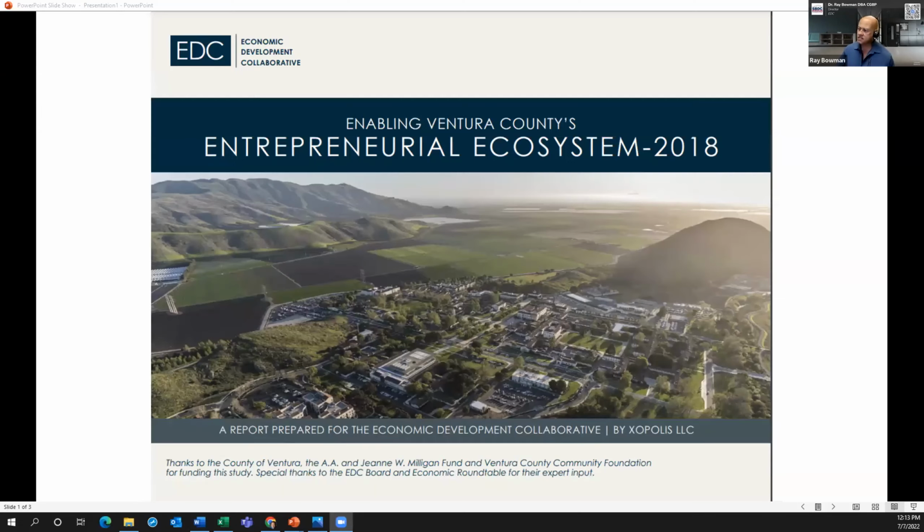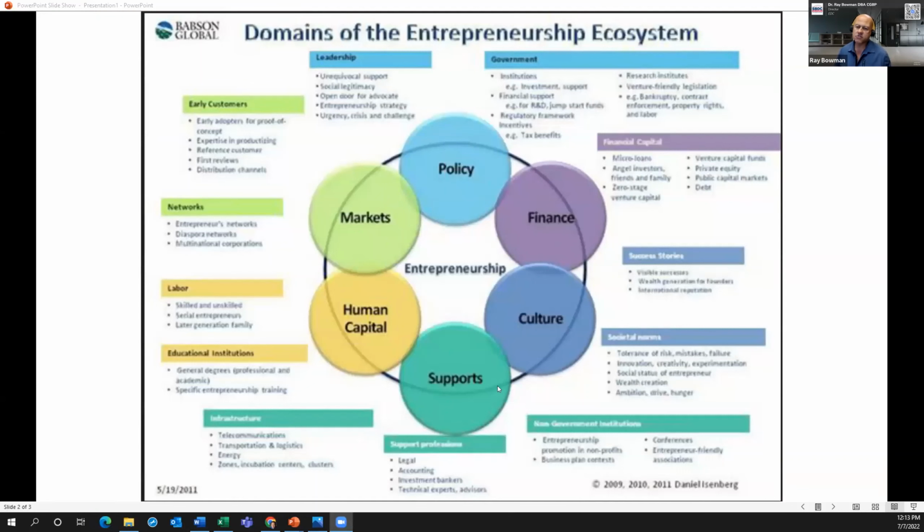So the one thing I want to share that adds to this is, we did this report on the ecosystem, and of course, when you study an ecosystem, you look at what that business ecosystem is, what the key sectors are throughout all 3 counties, how they organize, what the entrepreneurial opportunities are. But then there's also the support networks that support those entrepreneurs. So there's a support ecosystem that centers around all of the different support entities that look at policy or look at access to capital or the entrepreneurship culture, or some of those support actors like legal advice, investors,